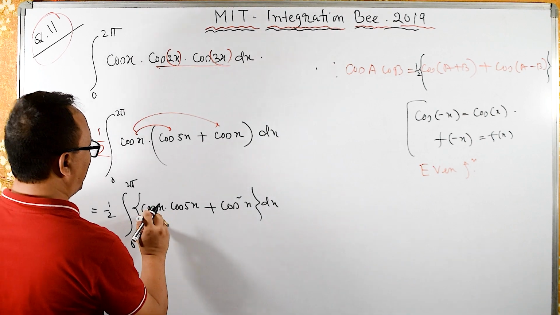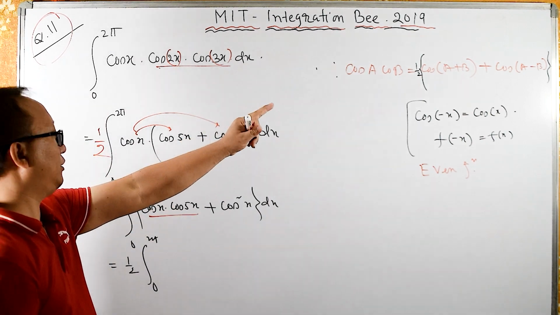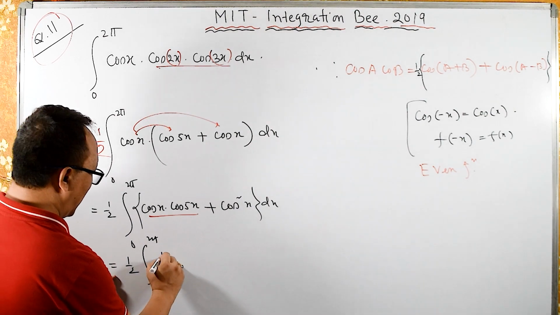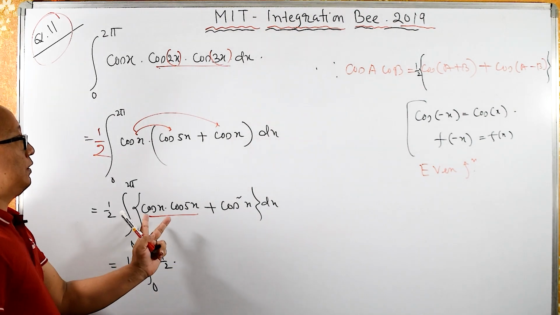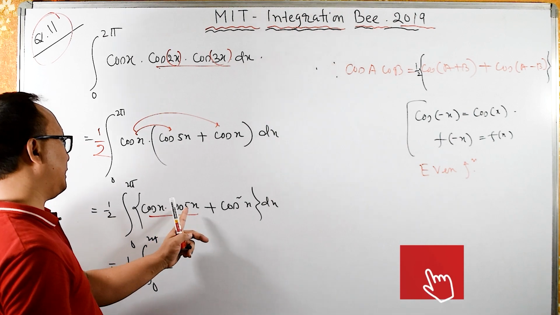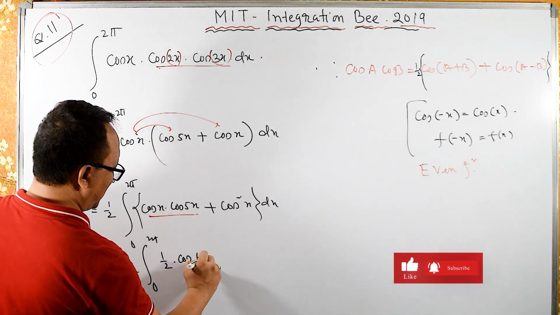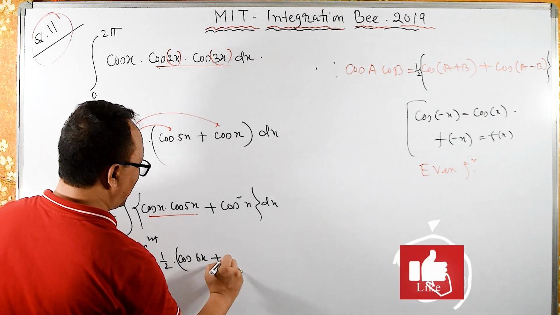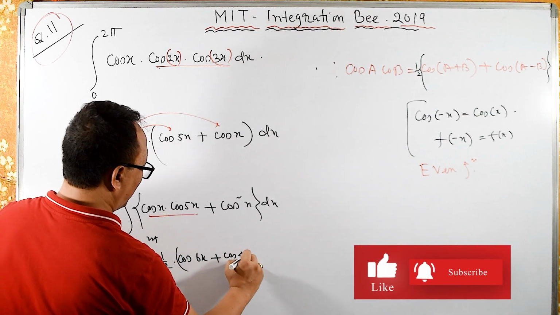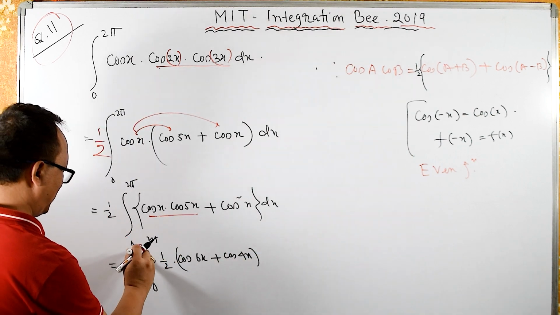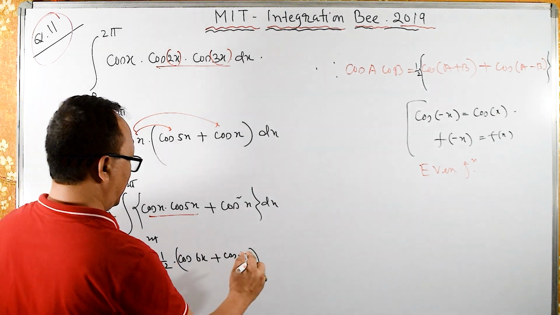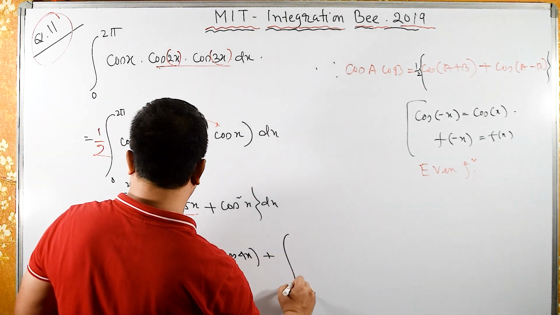Here again we need to apply cos a into cos b is the same as half of cos x plus 5x, means cos of 6x plus cos of 4x,